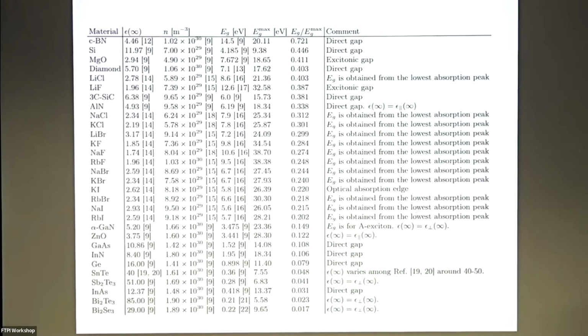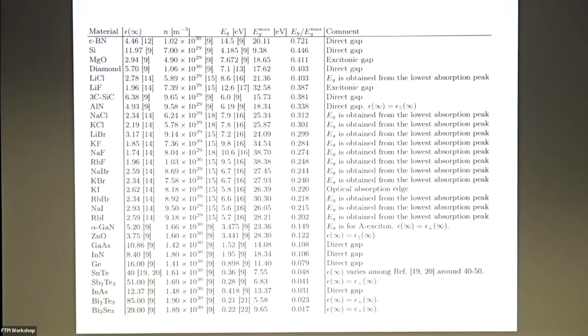So now let's look at how good this bound is in practice. We collected many different insulators and semiconductor materials, with the electronic dielectric constant and the charge density obtained simply from the chemical formula and lattice constant. We looked at the experimentally measured gap, and we calculated the bound based on the density and dielectric constant. So we can look at how good the bound is. In the case of the optical gap, which is a transverse gap, this is a table shown here.